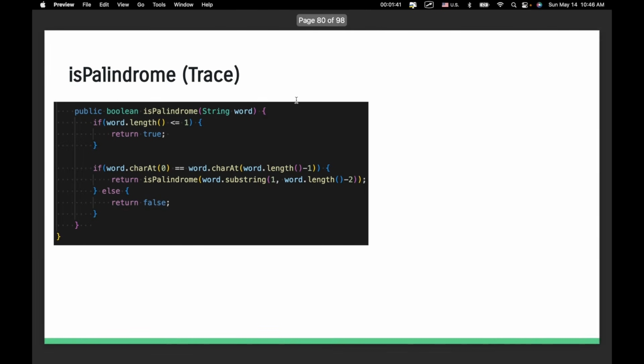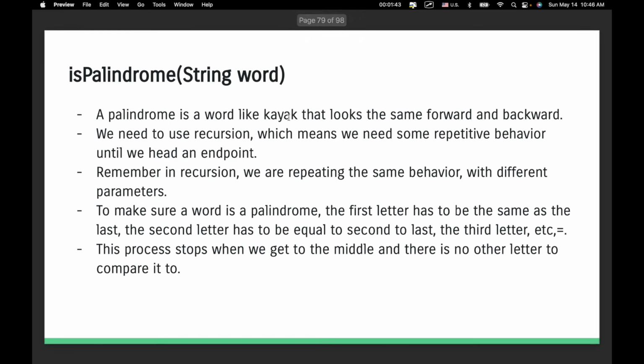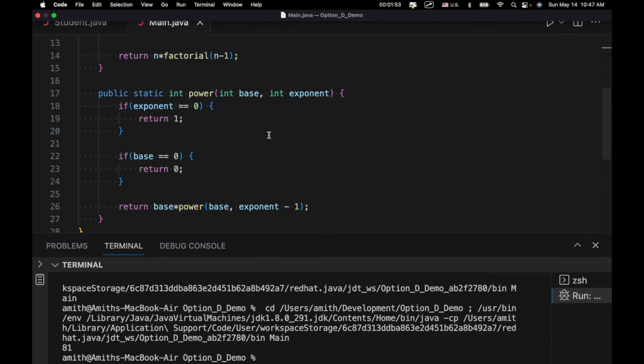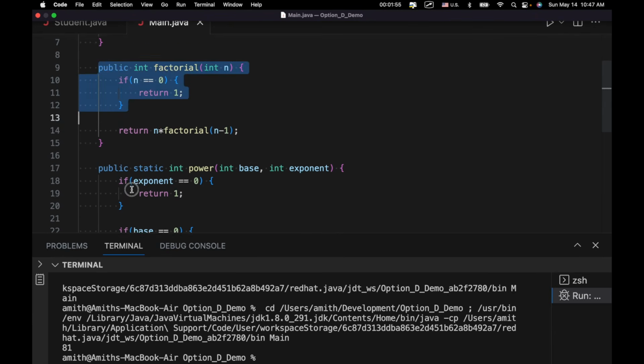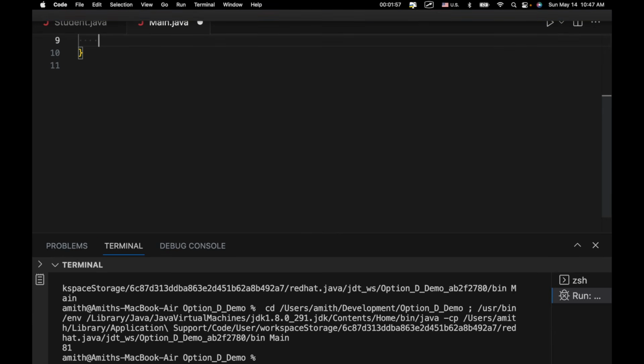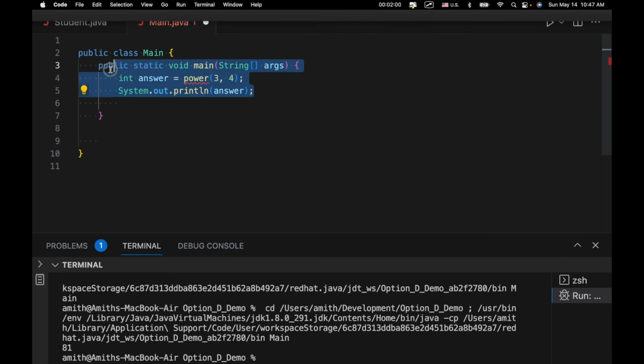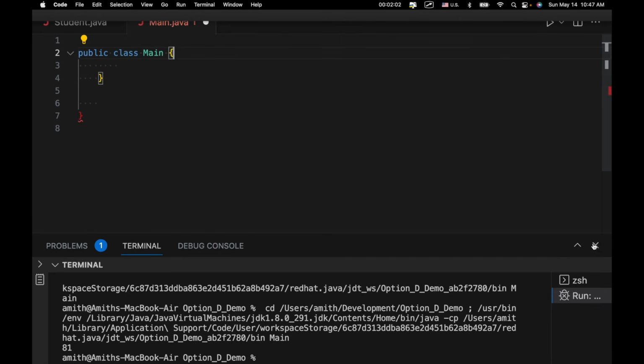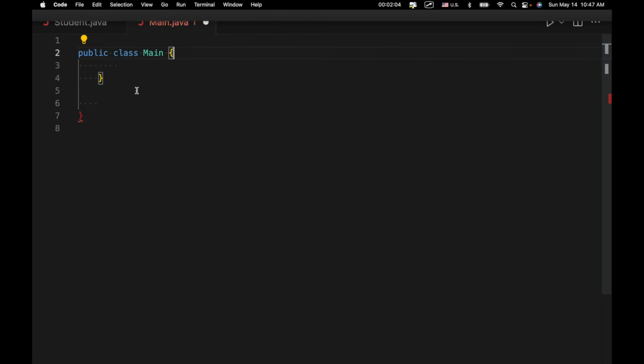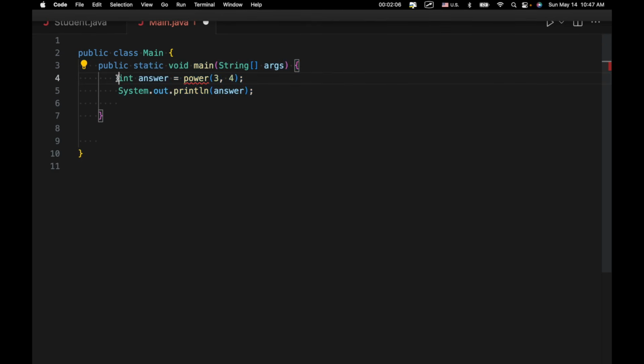So that being said, let's go ahead and write some code. I know I kind of showed you the trace earlier, but I'll go through and we'll write the code and I'll explain to you how it works. So I'm just going to get rid of these because we've already gone through these and we don't need them again. I should probably keep that one right there. Okay, cool. All right, so I'm back in my main driver class